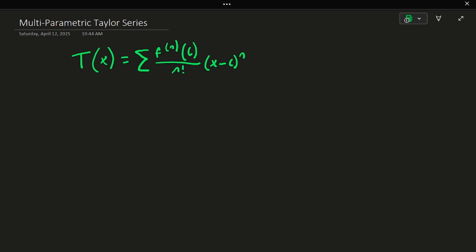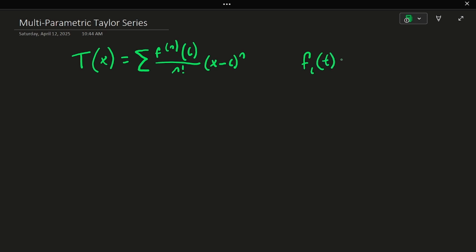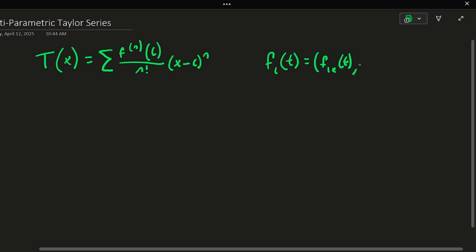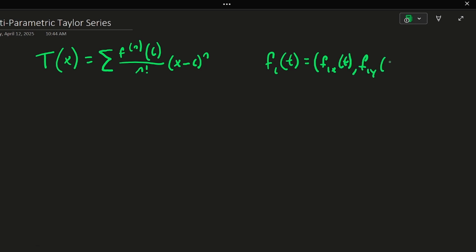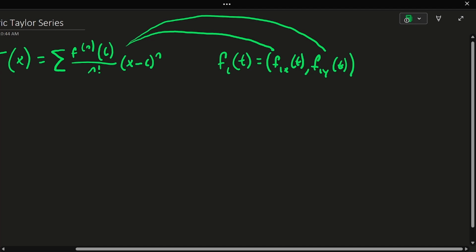However, how are we actually going to apply this to a parametric? Well, let's get a little parametric, and we'll write out just like a standard parametric. f1 of t equals f1x of t, f1y of t, right? Now what we can do is use a Taylor polynomial to predict the x component and the y component of this. So we can then write that